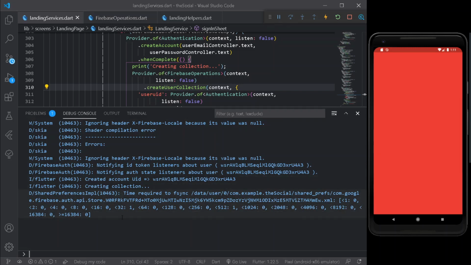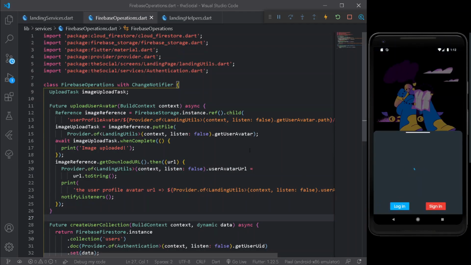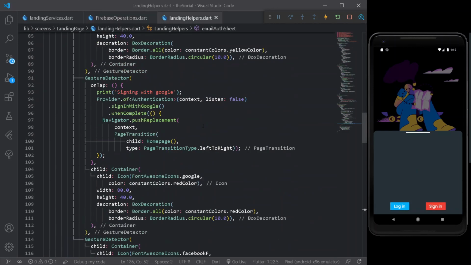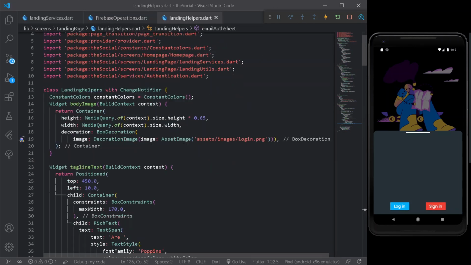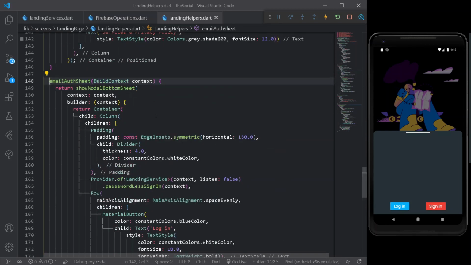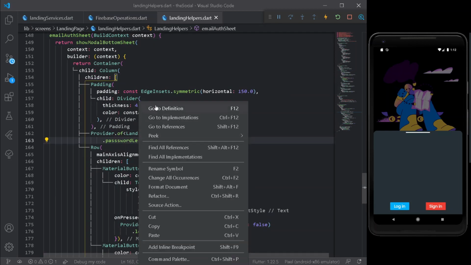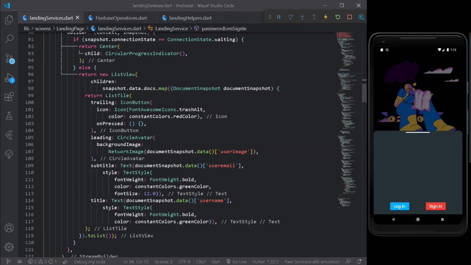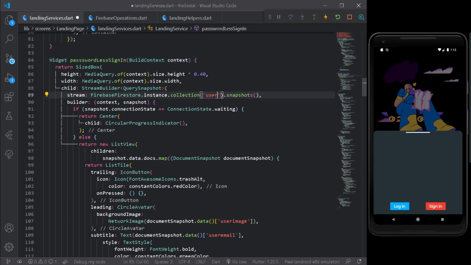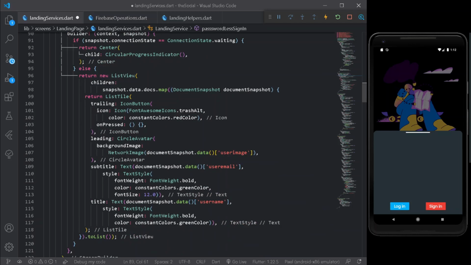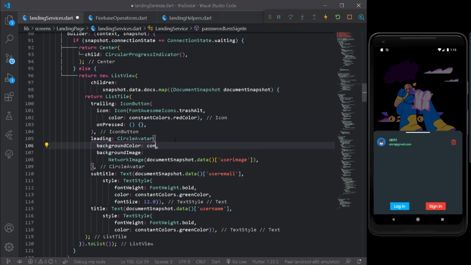Also a new collection is created, and here we need to show all the users available to us. So for that let's go under our landing helpers. Alright, not in landing helpers. Let's move under auth sheet, and here we have nothing but passwordless sign in. Let's move there. So here under our following method, we don't need users but only users. Let's try it out. So I can close this, open it again. Alright, we are getting all of our data here. Let's do one thing, that is have a background color different one of constant colors dot transparent one. Let's open it one more time. Cool, we are getting all of our data here.